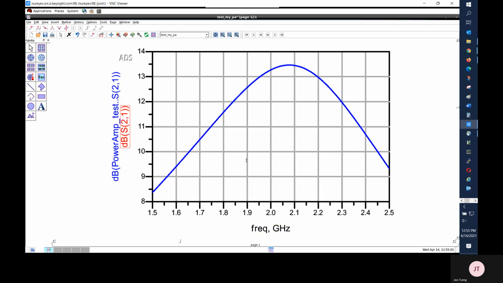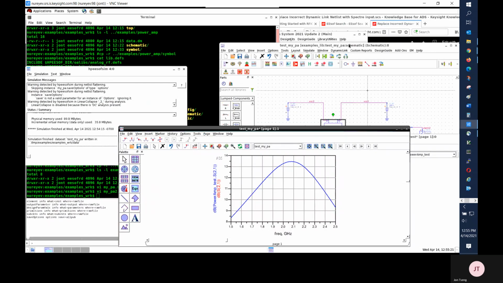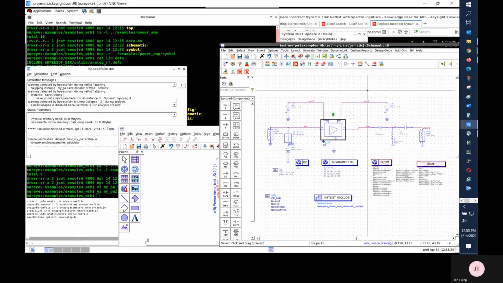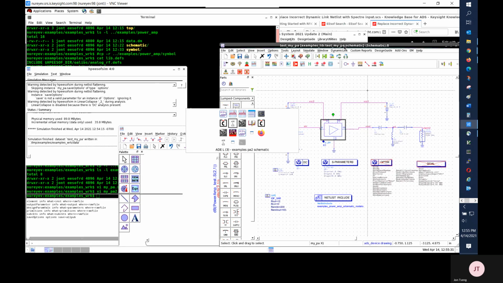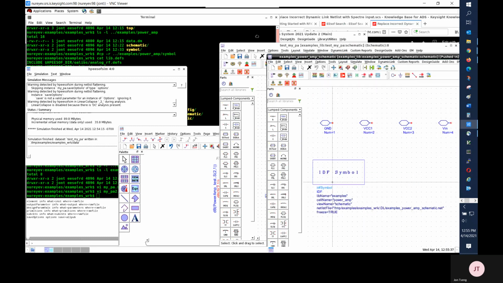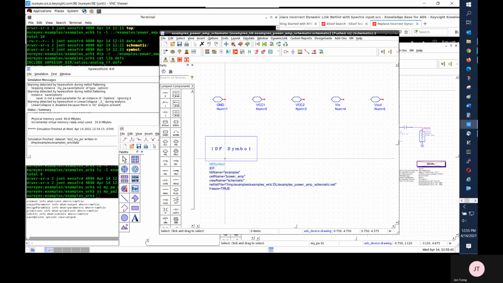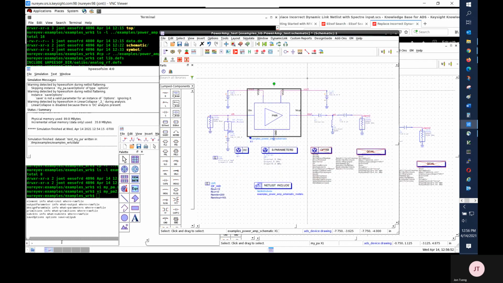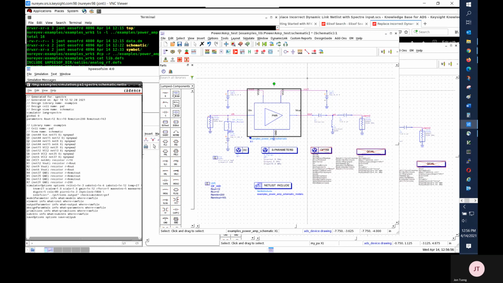This is the test bench for my PA cell, a new component, and this is the original test bench for the power amp cell.